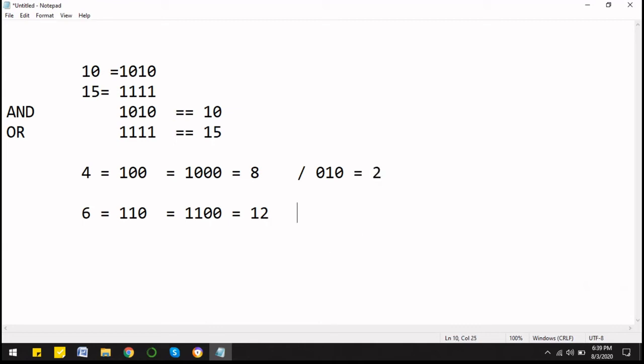And similarly in this case, what is happening? I am shifting this, so this 0 will be truncated and an additional 0 will be there on the left hand side. So this is the result, and this is basically 3. So half of 4 is 2 and half of 6 is 3. So when you are shifting something to the right, this is right shift. This was left shift and this is right shift.